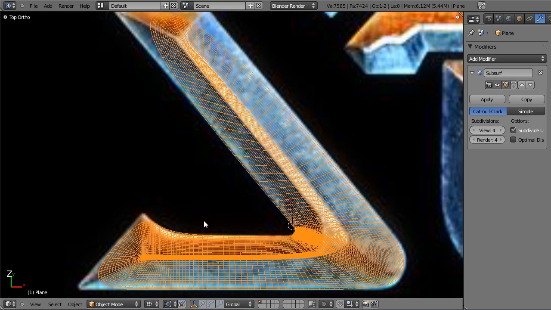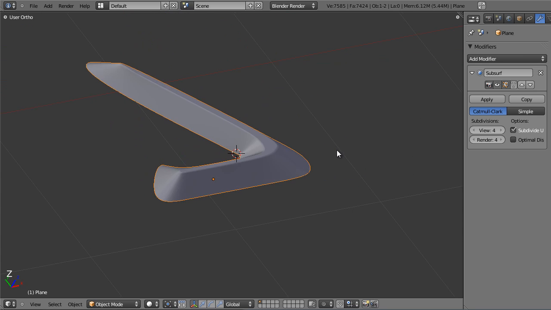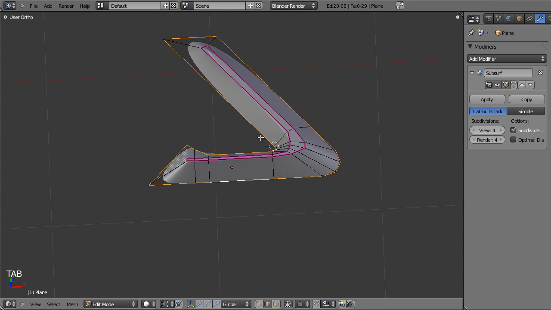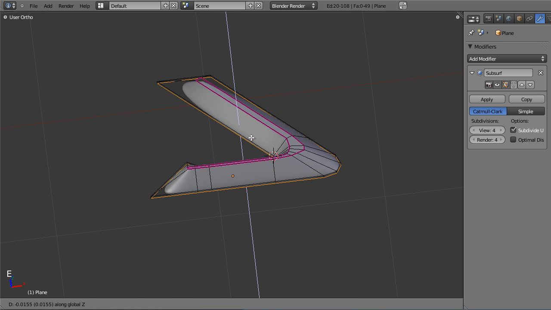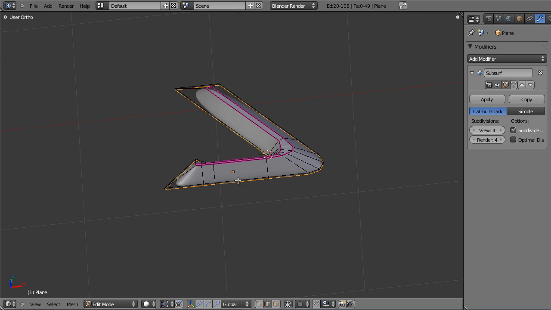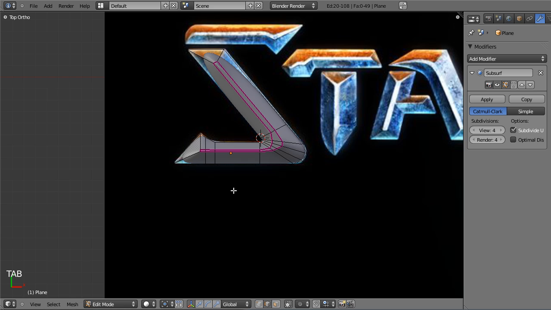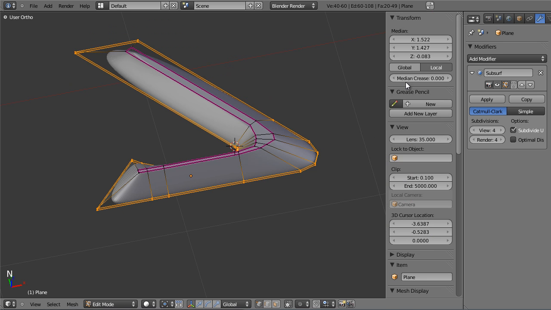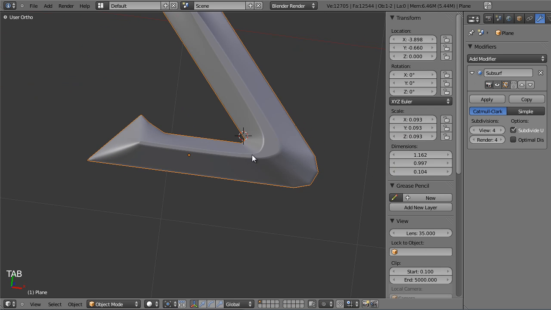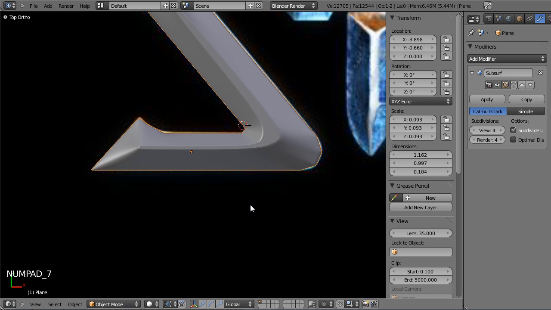We want it to be very sharp looking, very nice and futuristic, and battle-y. So to get that, what we're going to do is, holding down Alt, we're going to select that end edge there, move it downwards along the Z axis, like that. So if you look at it from the top, you're not going to see that extra layer underneath it. And then if we just select both of those edges there, go into vertex select mode, and then again turn that median crease all the way up,